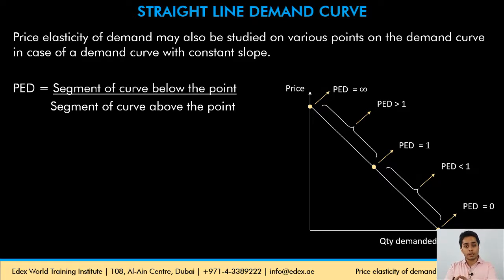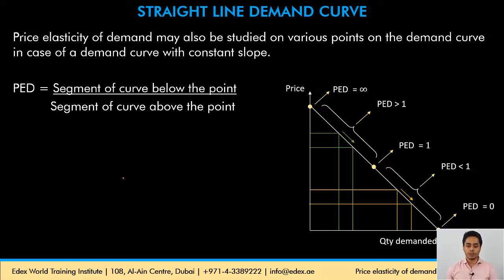So this is the same product showing different elasticities depending on what point the consumer is at currently. It is not important to understand detailed concepts. Why is the elasticity changing over the straight line demand curve? At this stage, it's not important. You could directly remember this diagram. You have to just know the different elasticities at different points on the straight line demand curve. Again, this is important from a multiple choice questions point of view, but I will still try to give you a logic so that it is easier for you to remember.